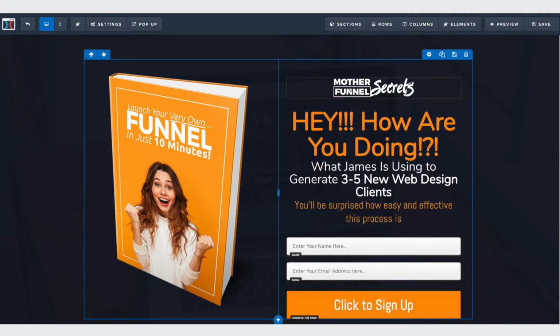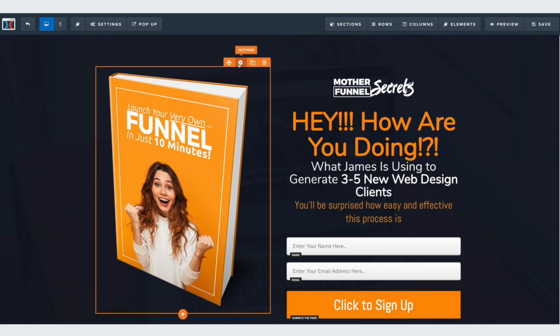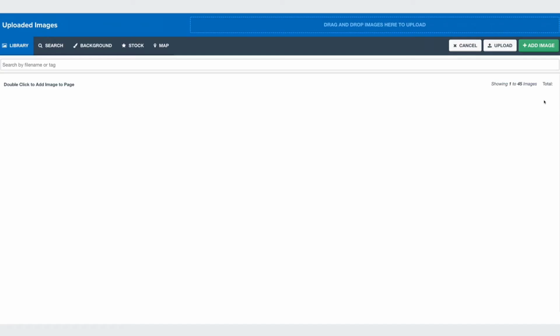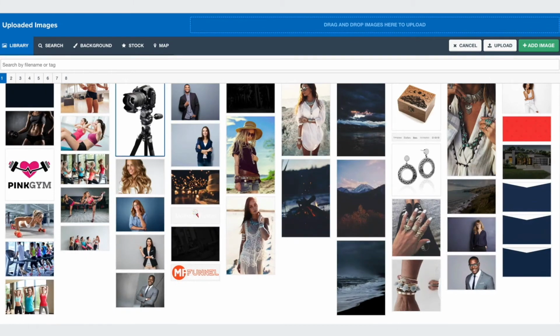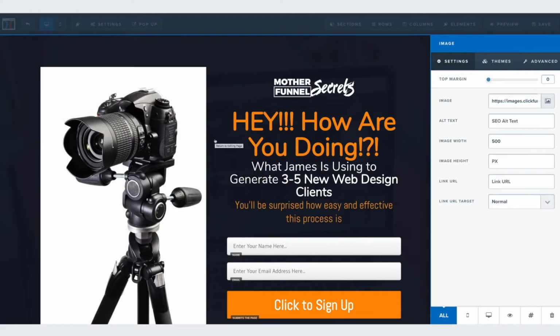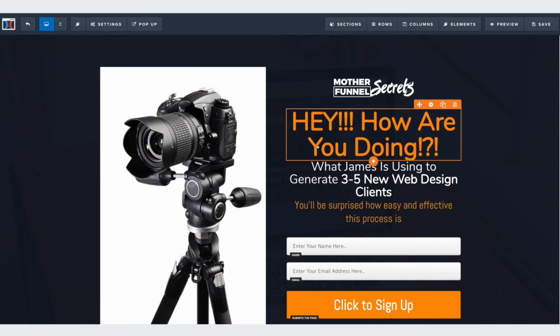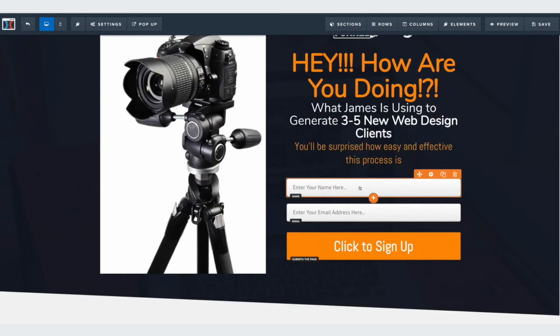I come right here, I can change out the logos, I can change out the images. Let's say I want to change out the product shot from a book, something different. I click on images, I find my images, I can upload my own if I want. I'll click on the camera here, and boom, that fast, this entire page is edited to look exactly the way I want it to. If I don't like something, I can go and I can drag and drop it,